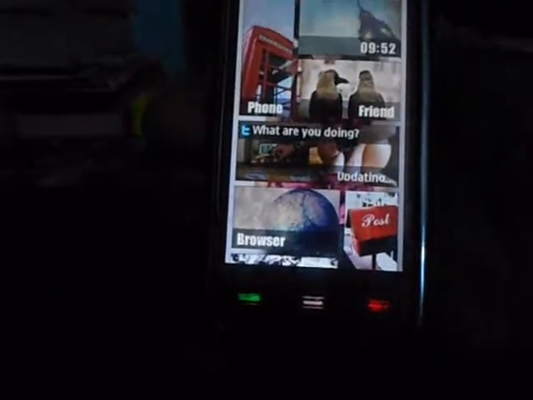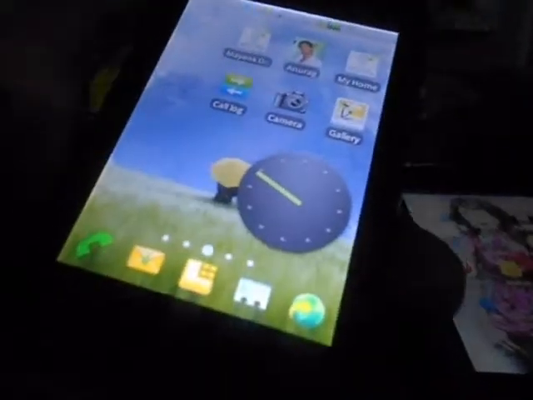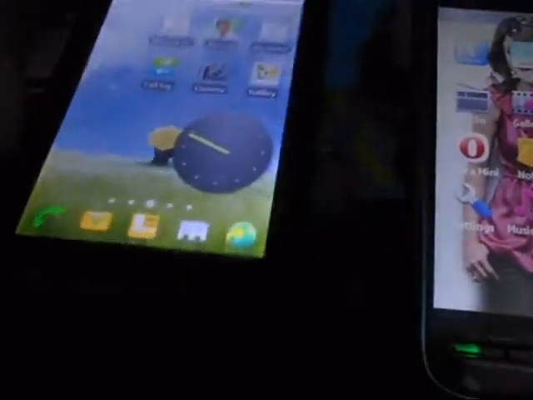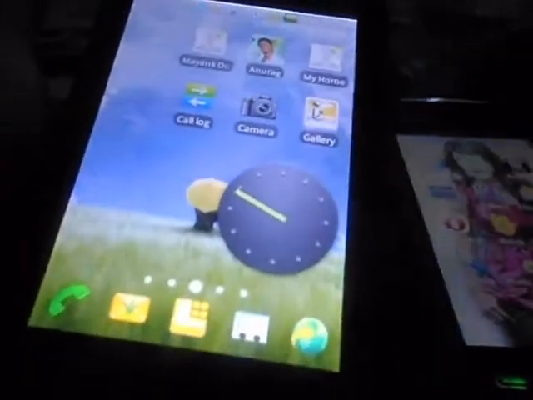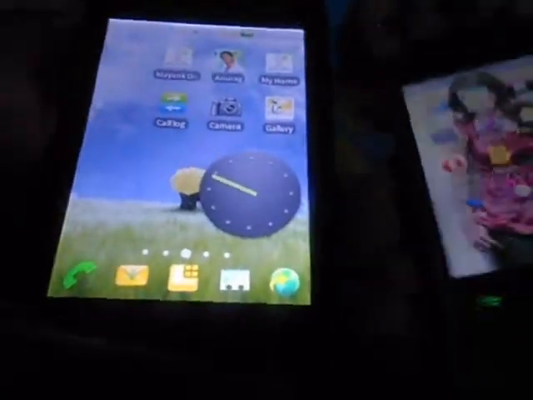Now here I am having myself two different mobiles. This is the new Micromax Ninja 3, the latest Android mobile phone, and this is my old Nokia Symbian series 5235 mobile. Now I am gonna do some screen size comparison between the two and compare the color display of the two devices. So let's compare it.